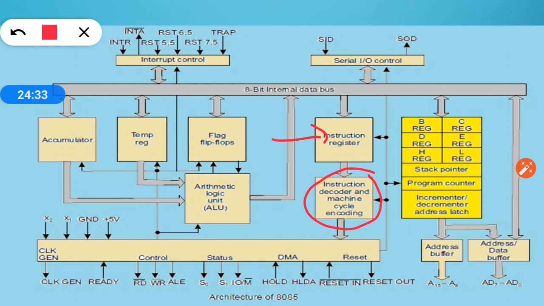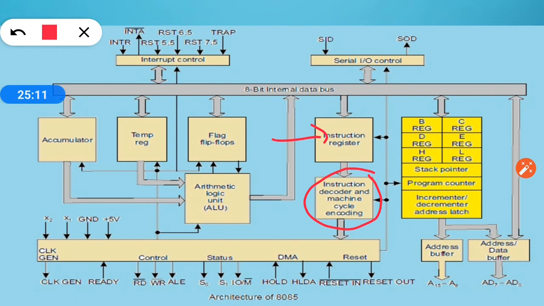And machine cycle encoding, okay, this block also performs machine cycle encoding. That means it decides the steps, or encodes the operation in the form of steps, in which we can complete the decoded operation. Whatever operation we have to perform is decoded by the instruction decoder, so the idea becomes clear what task we have to perform. In which steps we can perform this task is decided and encoded by machine cycle encoding.